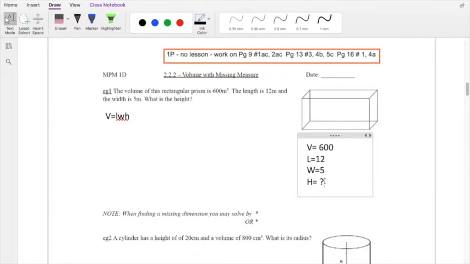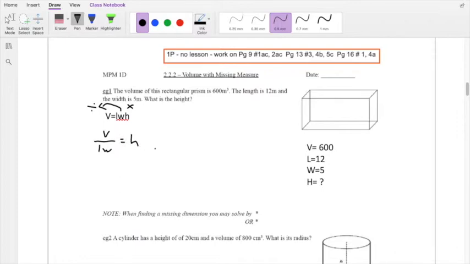So now I know what I want to isolate. So let's go back to my formula. And we're going to say, okay, how are length and width and height connected? Like what operations are going on here? And we know the operations are multiply. So if we're doing inverse operations, we're going to move it over here. And for a multiply on this side, we're going to turn into a divide on this side. So I'm going to plug it in as volume divided by length width